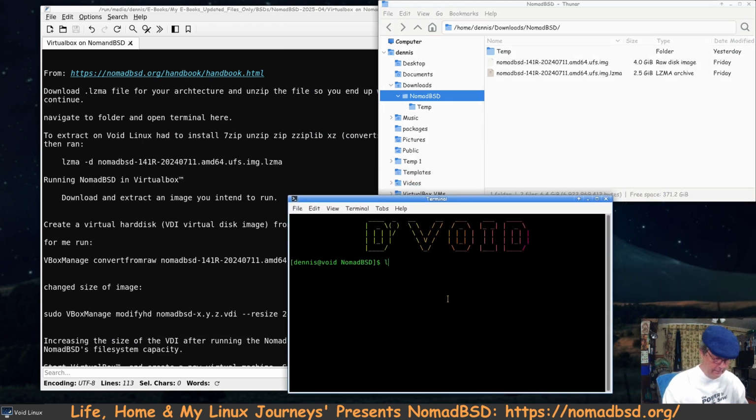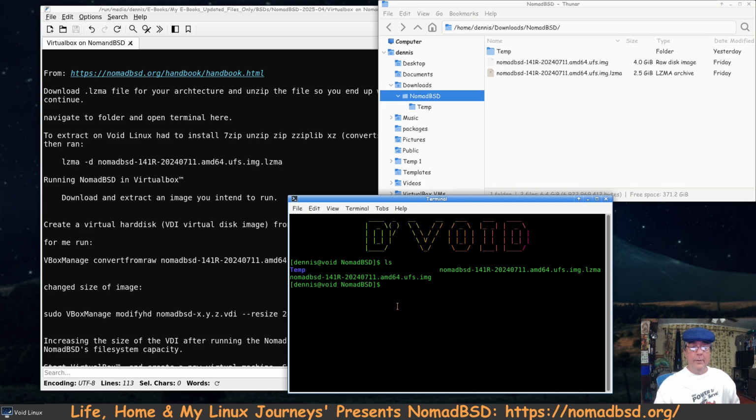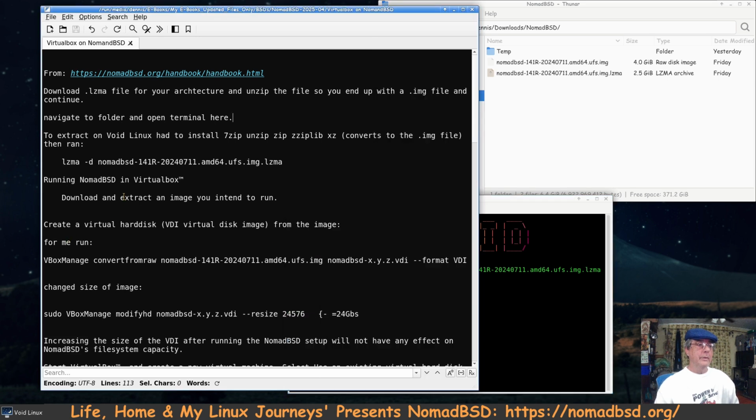Let's go ls so we can see. We got the lzma as well as the .image file. It says extract the image. On Void Linux, I had to install some archivers. There was one installed, but I went ahead and installed some other ones. So this command right here,